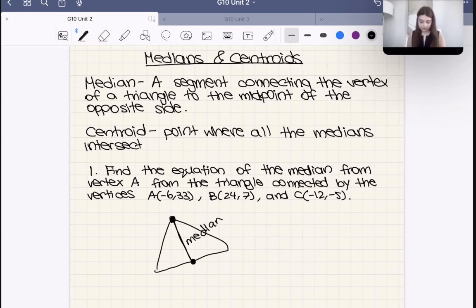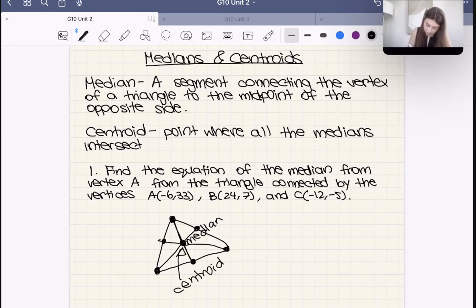Good. Okay. Now, what about a centroid? A centroid is the point where all the medians intersect. So here's the first median. Here's another median. It would look like this. And then here's another median. It would look like this. And so this midpoint here, that's our centroid,